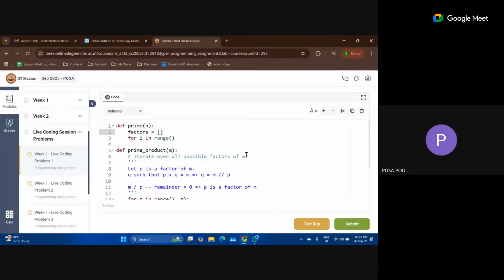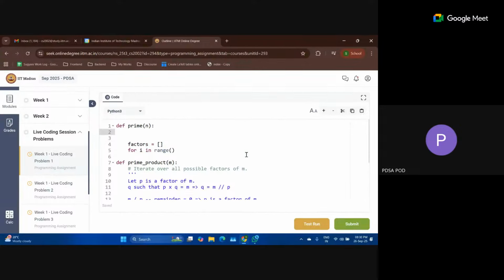Why exactly were you saying 2 to n? Can you please repeat why you were saying 2 to n? Ma'am, because we already know that 1 is not a prime number, so we don't need to check it. No, we are trying to know whether n is a prime number or not. But ma'am, 1 will be a factor for every number, no? Exactly, yeah.